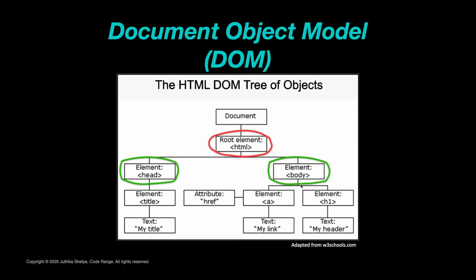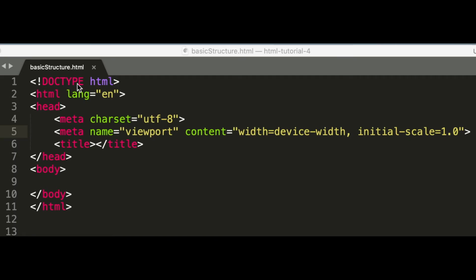Now you may be wondering what part of the tree is this doc type over here. Well, I like to call it as a label on the tree, which tells the browser the name of the tree, or in other words, the version of the HTML that we are using. All HTML documents must start with a doc type declaration and it must only appear once at the top of the page before any HTML tags.